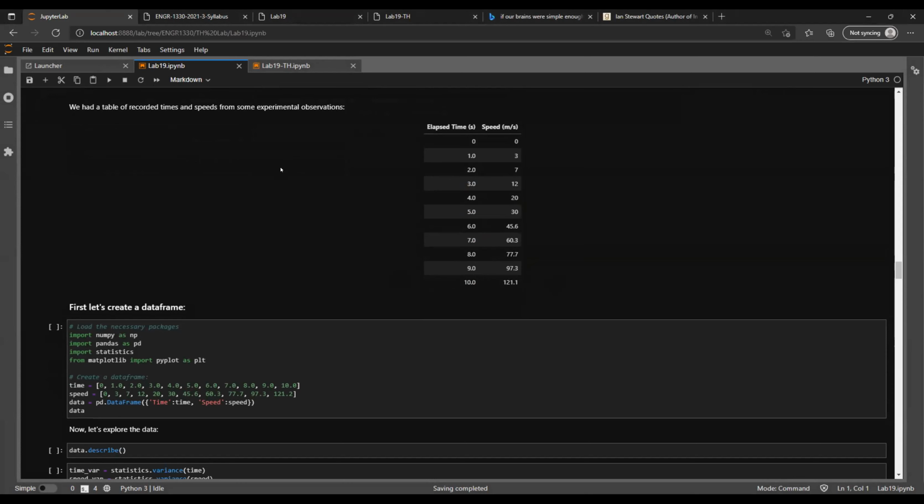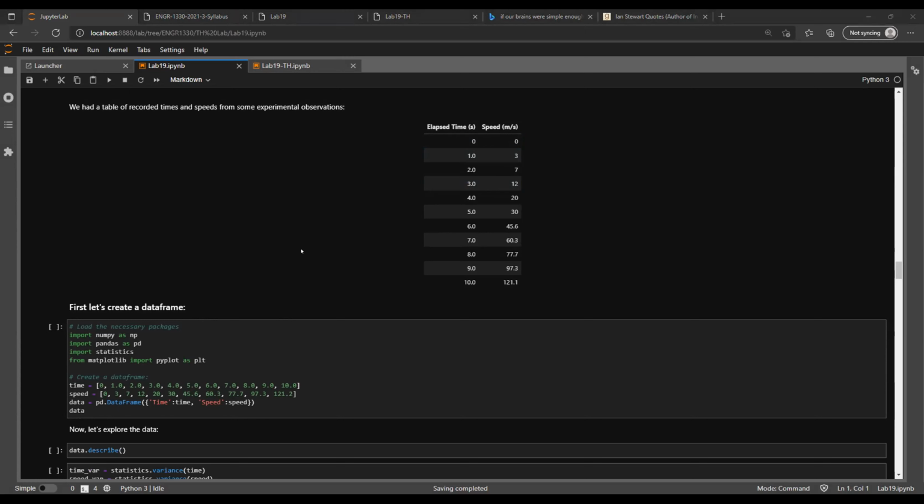Can't handle the light. All right. So we have some inputs and some outputs. All right. What do we want to do? Well, as we've done previously,